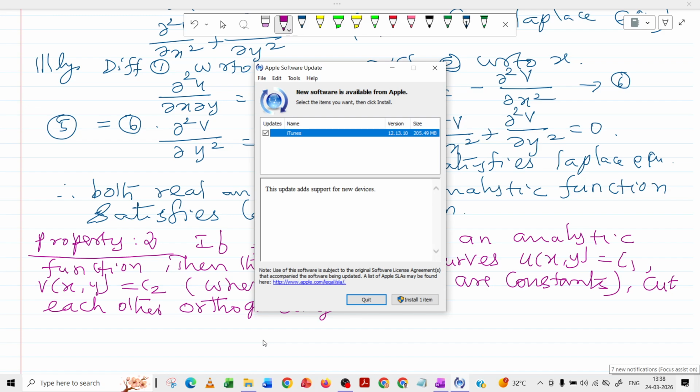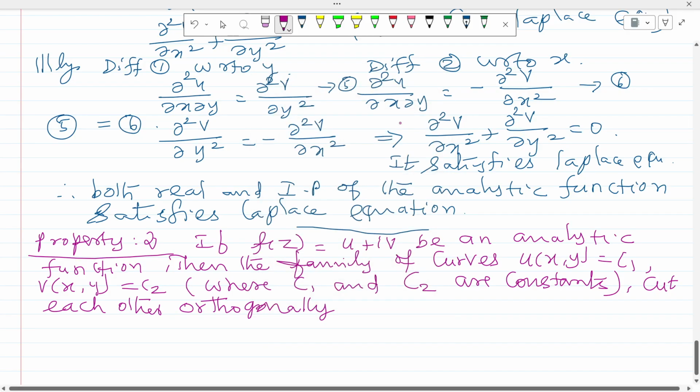That means the slope of the first curve multiplied by the slope of the second curve equals minus 1. It is the proof of cutting orthogonally. Okay, fine. Now,